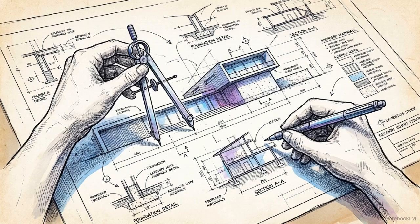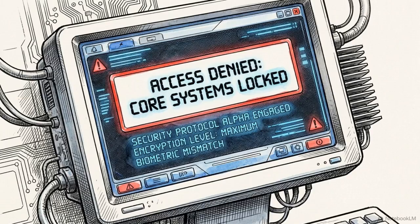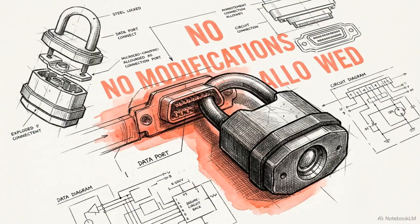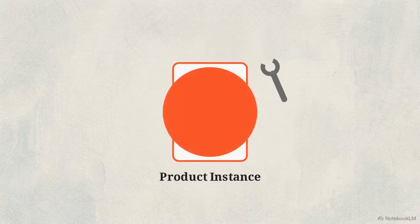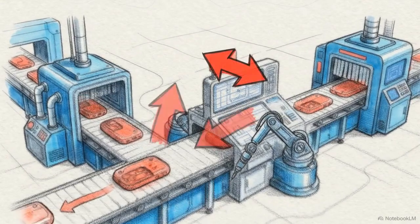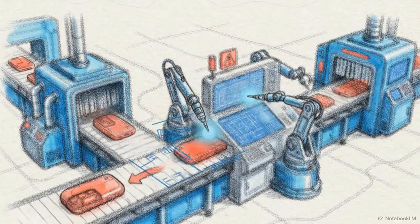All human engineering effort is now entirely focused on building and maintaining the factory itself. Manual coding at the individual product level is completely eliminated. To keep this automated factory running, the standard enforces a very strict rule. Every single product instance that comes out of that configurator is strictly read-only. If a developer spots a bug during final testing, they cannot hotfix the product. They must trace it back to the domain-level superset, patch the root cause there, and command the factory to regenerate